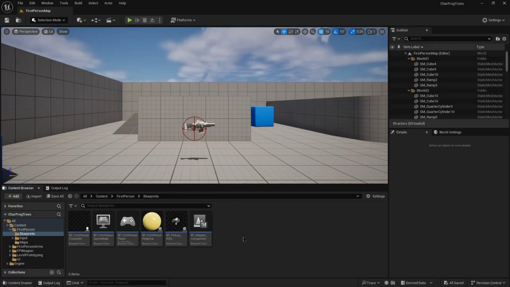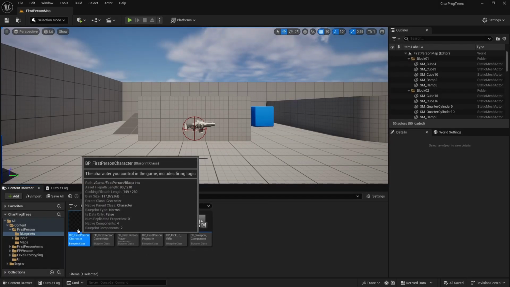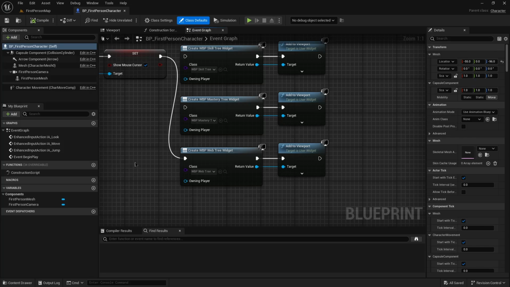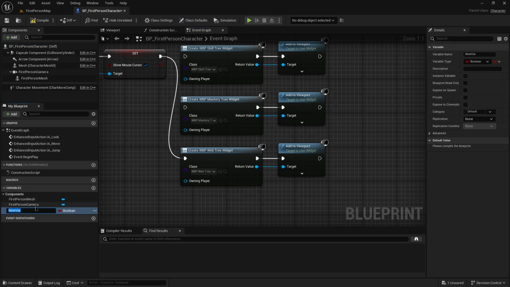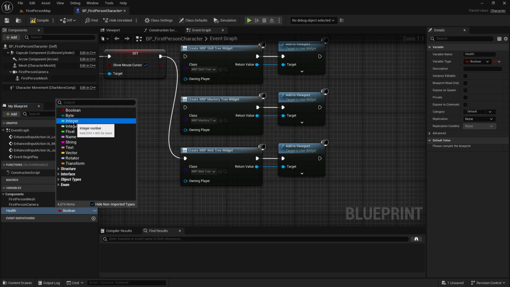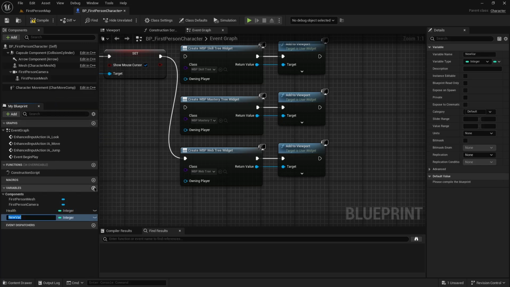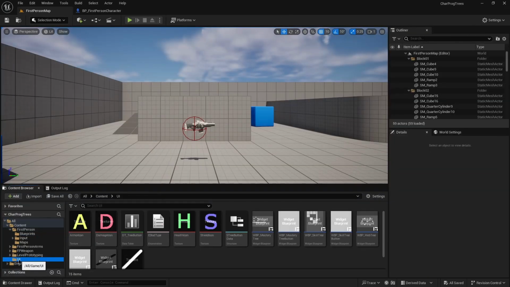Alright, we're going to first start by adding some variables to the first person character. Now these will just be int variables. You could use GAS attributes or any other style. They have health, shield, armor, and damage. And then back in our web tree,